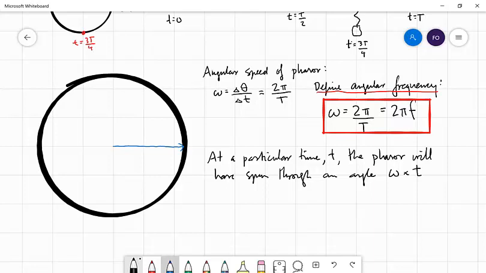So if we draw in, let's say at time t, the phasor is here. This angle then will be omega t,